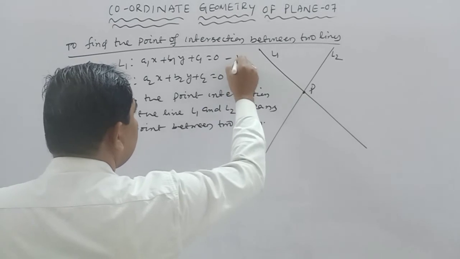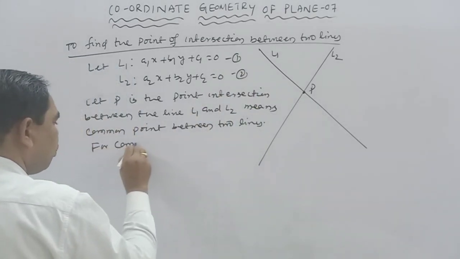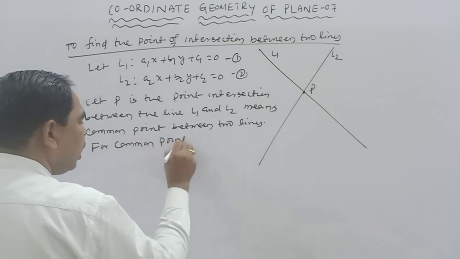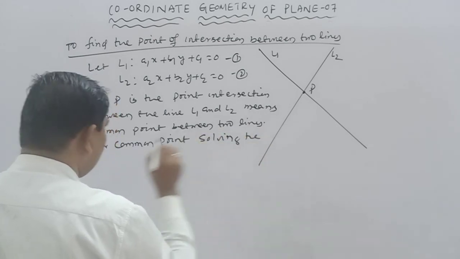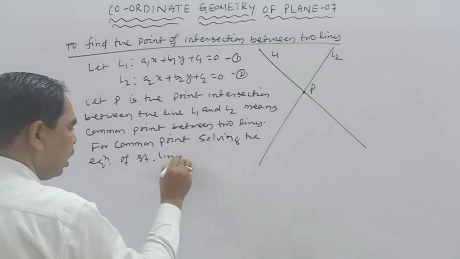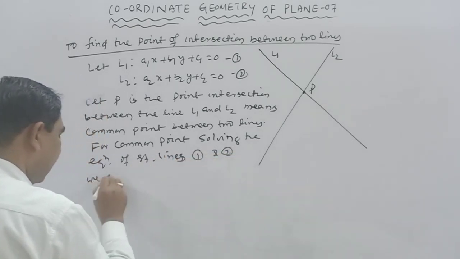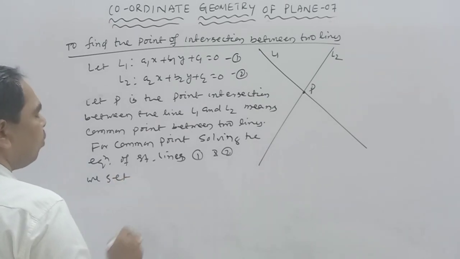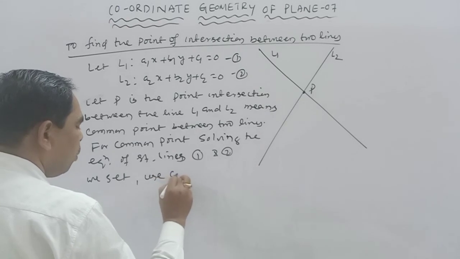Solving for the common point, solving the equations of straight lines 1 and 2, we get, using the cross multiplication method,